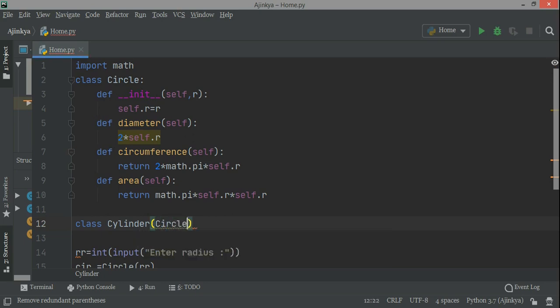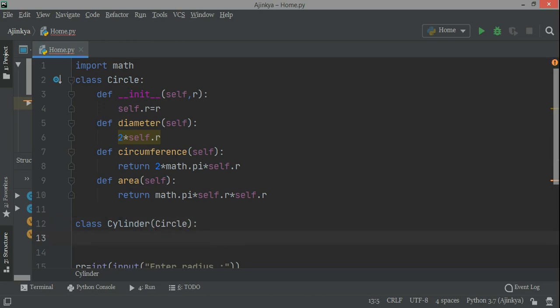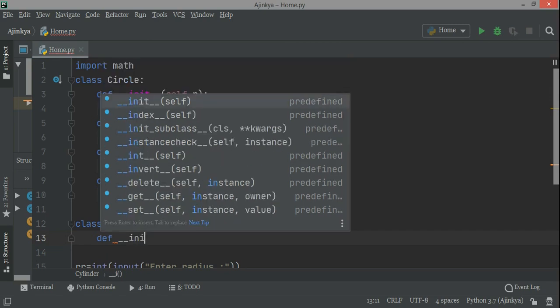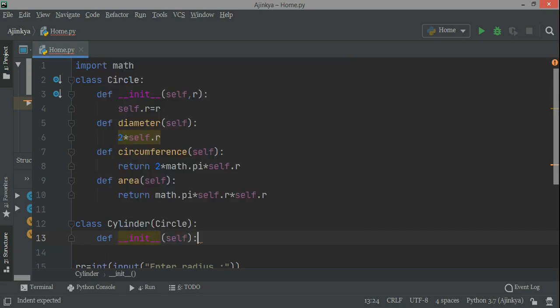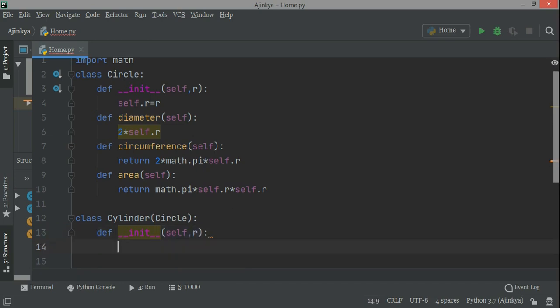A class. This I'm just trying to inherit, because you know that the cylinder is inherited, and inheritance can be used, because cylinder is something like if you add height to a circle, then it will become a cylinder. So this is how I'm creating a new class. Name is class cylinder, and it is inheriting the circle class. So look at the syntax, class cylinder, and inside the bracket I have written circle, which is the name of